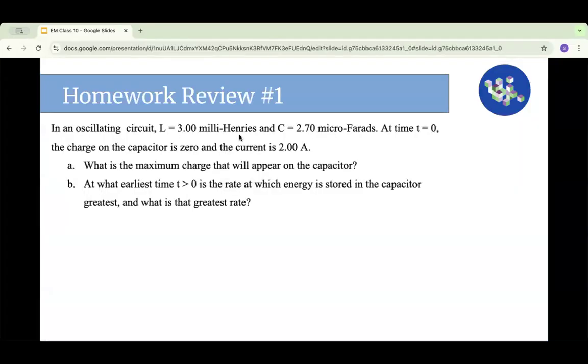So we have this LC circuit, and we're given some information about time t equals 0, and you'll find the maximum charge on the capacitor. So we know that the total energy equals Q squared over 2C plus 1 half L i squared. And then we can plug in this. We know charge is 0, current is 2. So then we get this is 1 half